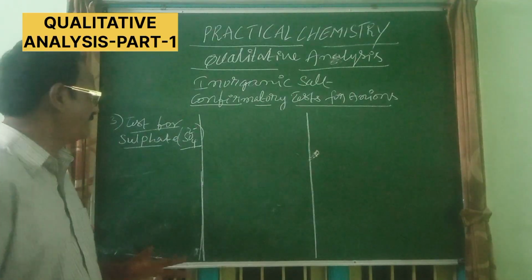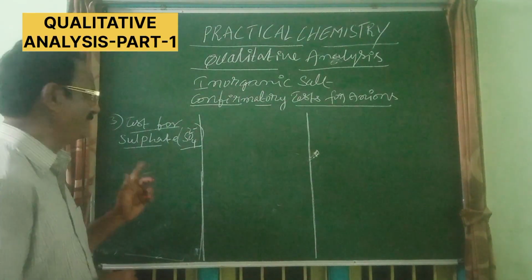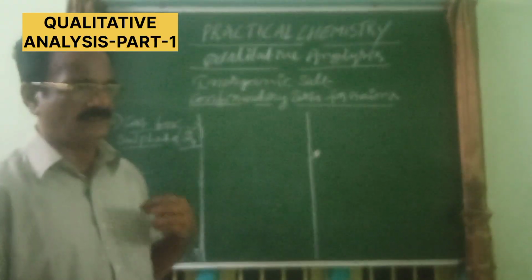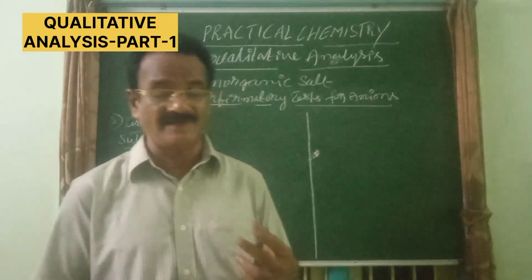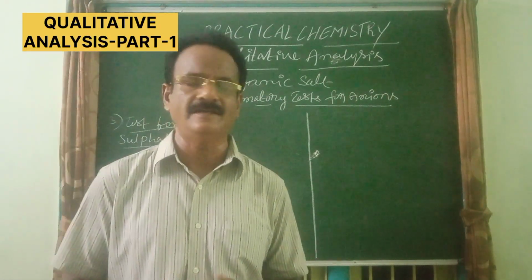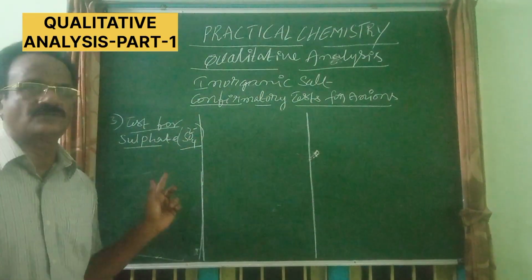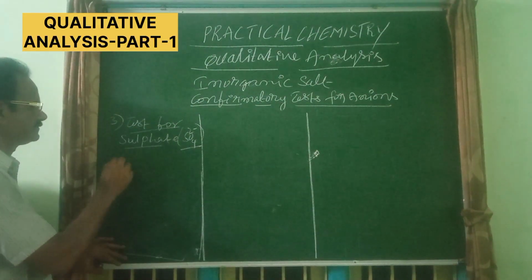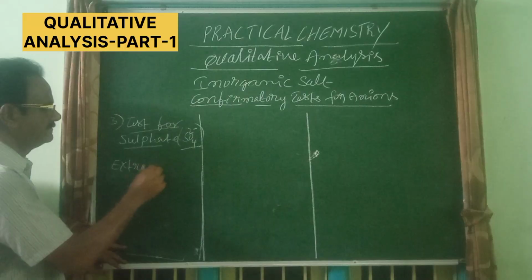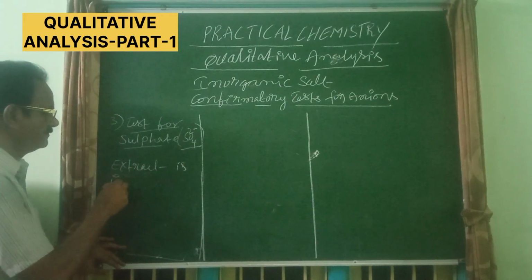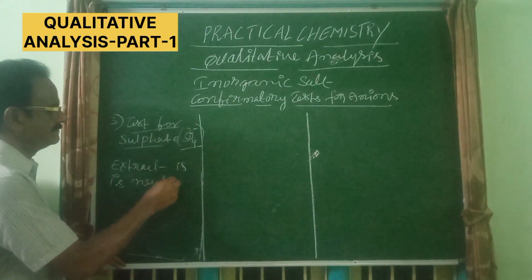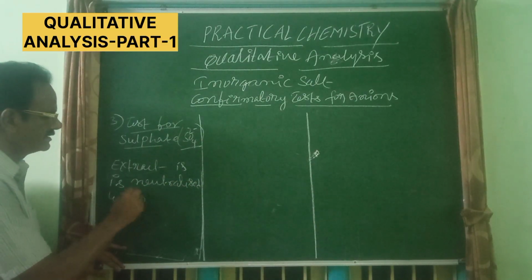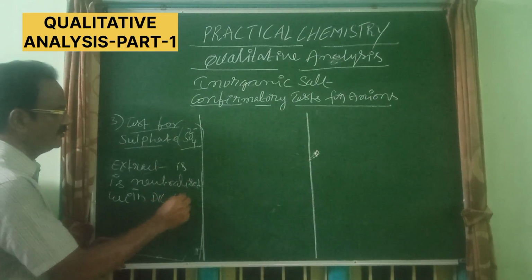Let us see the confirmatory test for sulfate. If sulfate is identified in identification tests, then one has to confirm the presence of sulfate by doing this test. Here, the extract is neutralized with dilute HCl, keep in mind, with dilute HCl,